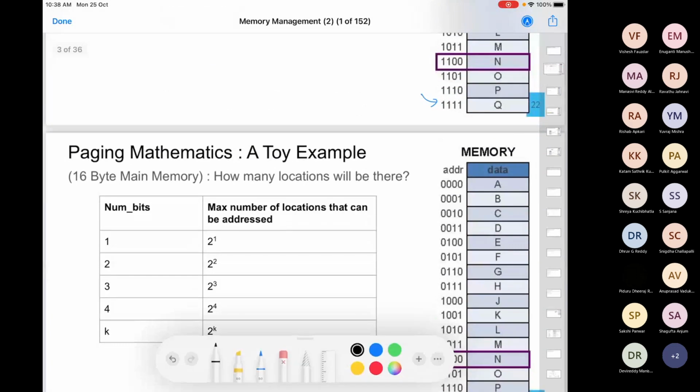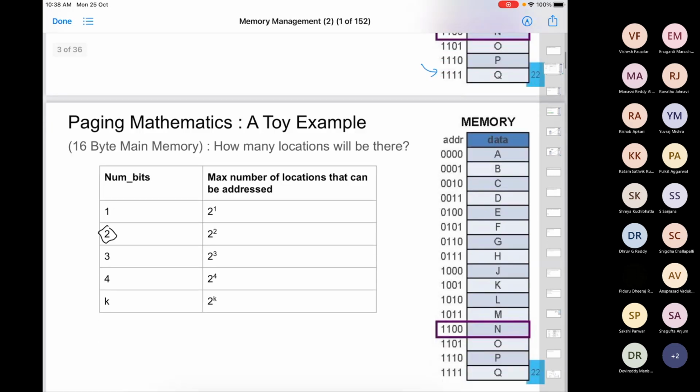Similarly, if I give you 2 bits in the address, how big a memory can we have? 4 bytes. Assuming again that the word size is 1 byte, each location is 1 byte, so with 2 bits we can have 4 locations. It's always increasing in powers of 2. If we have 3 bits in the address, then we can have an 8 byte memory, and so on and so forth. Any doubt till here? Anyone? I think it's pretty straightforward, right?